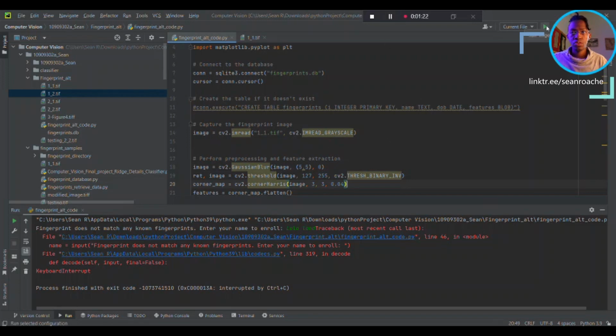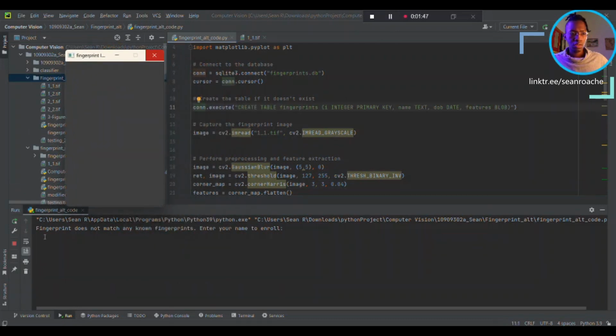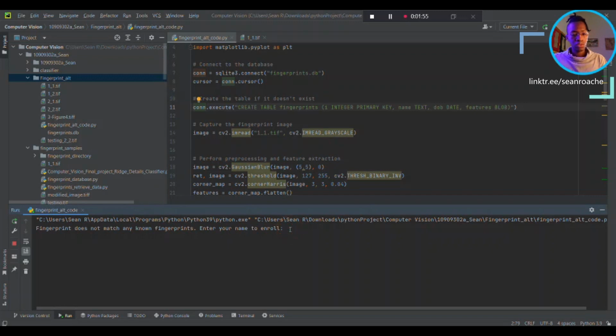Now I'm going to run this code. It's stating that the fingerprint does not match any known fingerprints. Enter the name. So I'm going to enroll the name. The name I'm going to use is John. Next, enter the date of birth. I'm going to put